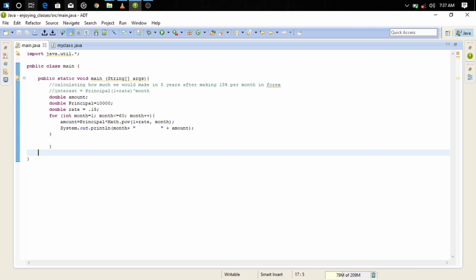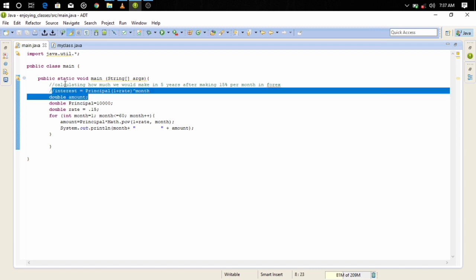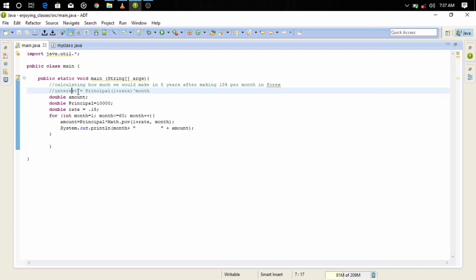So you can see that this is the formula for compounding interest, right? The total amount that you make is equal to the principal, which was your initial investment, times (1 plus your rate), raised to the number of months. And our rate here is 15% every month, right? Which is very okay for me, trading at a lot size of 0.01. And then the months, the amount of months.